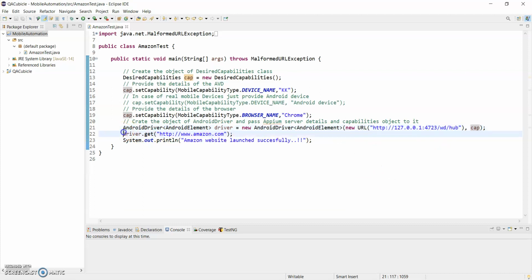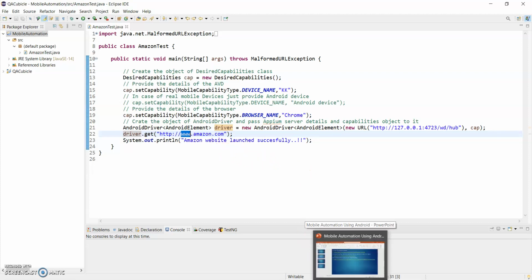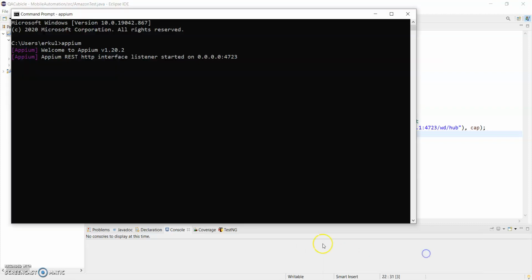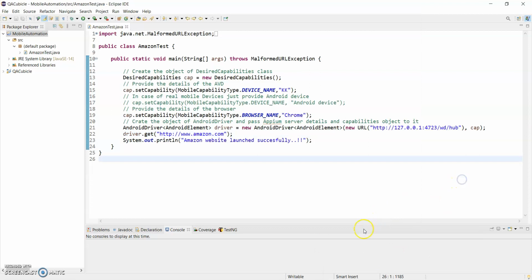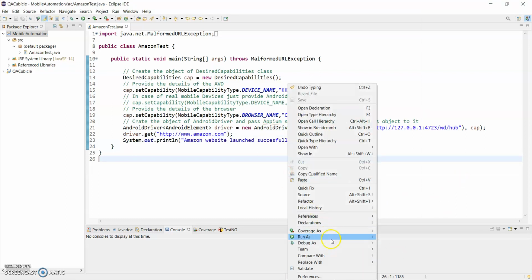After that, I am simply trying to get Amazon.com here, and after that I am just printing that Amazon website launched successfully. Hope it is clear. Now I will simply open the APM server logs, and we will execute this program and see what happens.